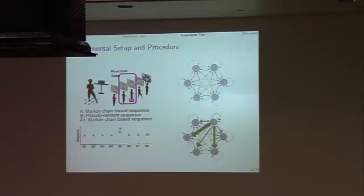the sequence to a random sequence in block 5. And this time we also add 2 blocks, block 7 and block 8. In block 7 we use the same sequence as block 1 to block 4 because we want to make sure the participants return to their learning level after the interference in block 5. And in block 8 we use another probabilistic sequence, which is a different sequence but produced by the same Markov chain